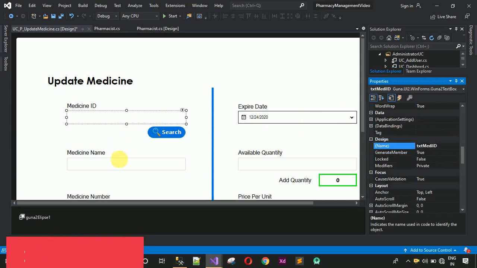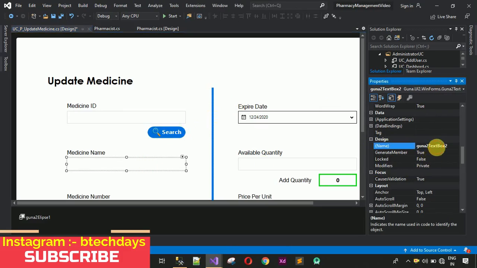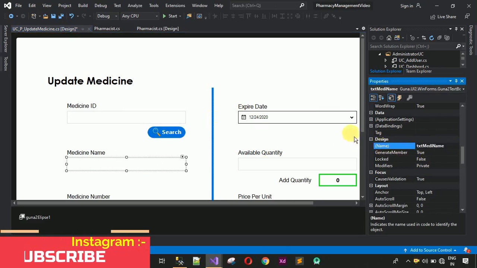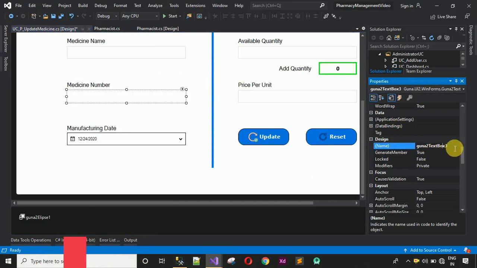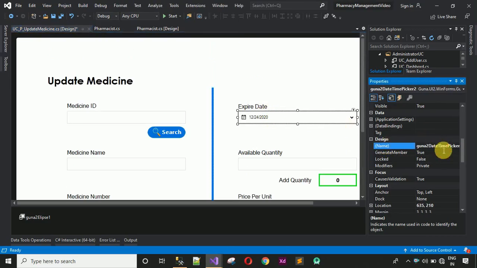and after this we have this one, change this one to btn search, this one to medicine name, change this one to txt medi name, change this one to txt medi number, this one to txt, I know it's a date time picker, but still I'm going to name this one txt mdate, and move back to top, change this one to txt edate,